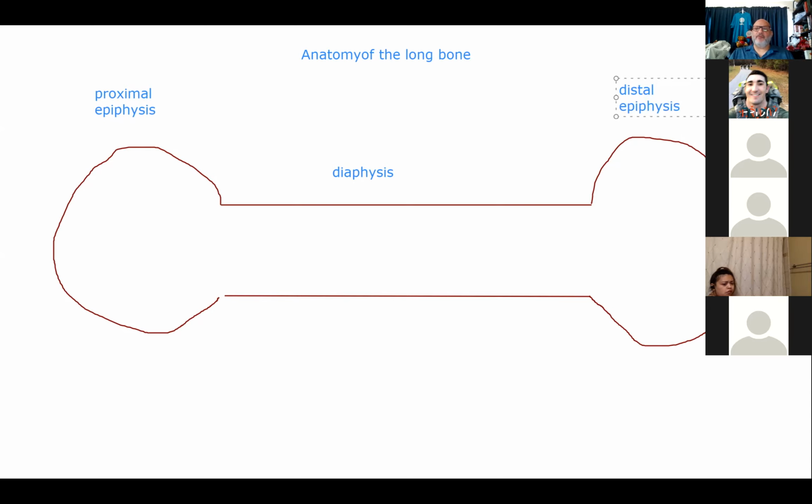Excellent. Proximal epiphysis and distal epiphysis. Perfect. Now, not only are the names for these regions of the bone different, but there are some anatomical differences to them as well. Our diaphysis is filled with thick, compact bone,